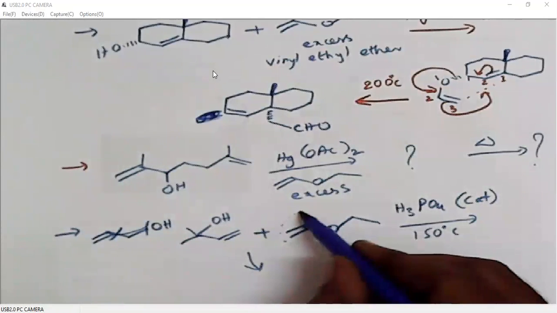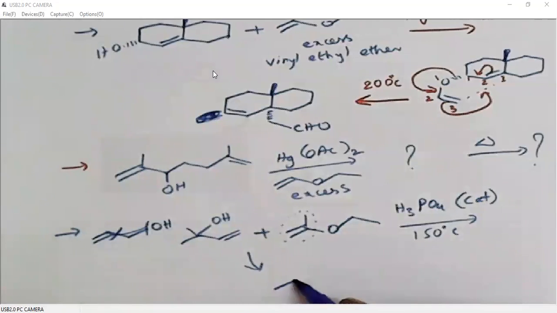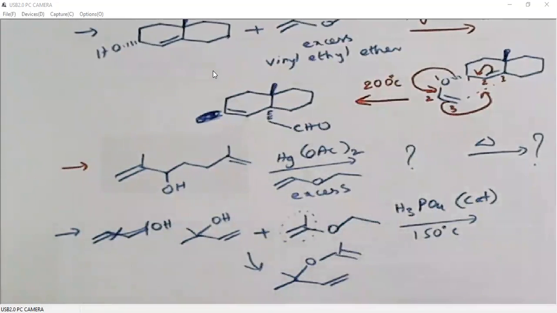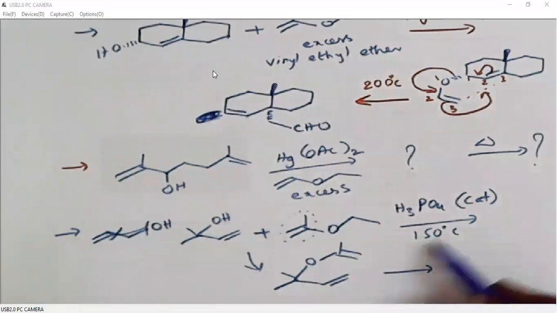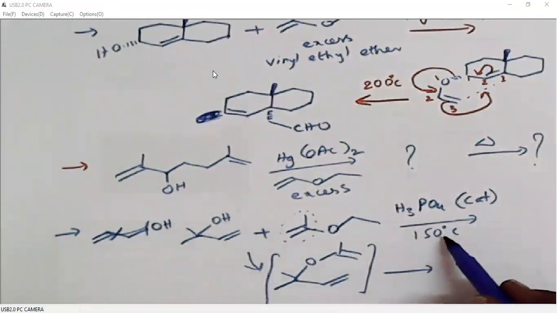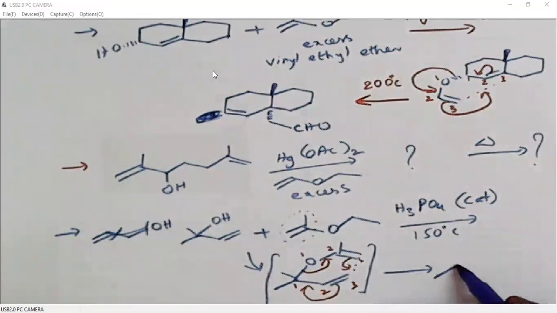This vinyl group will be added here. So the product is, this is the product. When we heat it, it is not the product, it is an intermediate. So when we heat it at 150 degrees centigrade, it undergoes Claisen rearrangement. 1, 2, 3, 1, 2, 3. So we will break this bond, we will form this bond. When we are doing so, what we are generating,